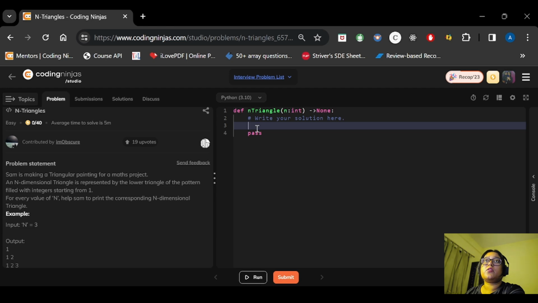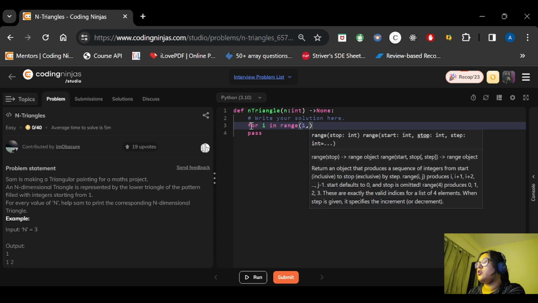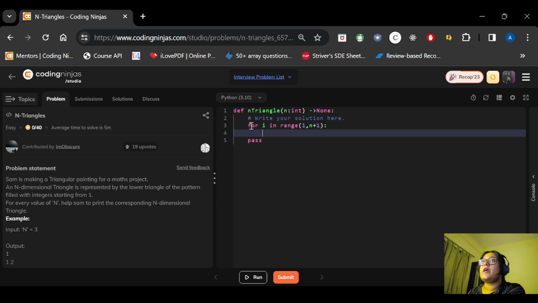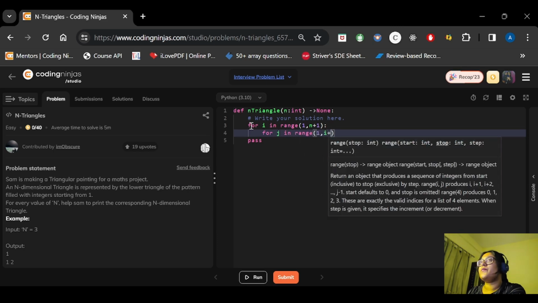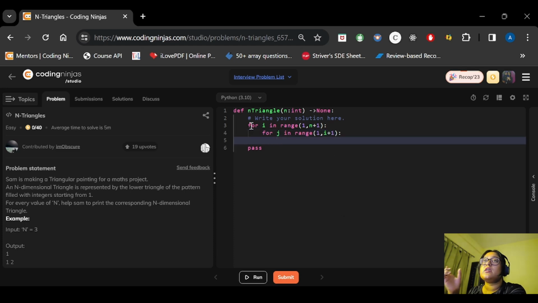So now let's see the code, okay? Now in this function, n is already taken as input in the form of a parameter. So what we have to do is just print our pattern. As discussed in the approach, we will start the iteration from 1 to n plus 1 for the rows, right? And for the jth loop, or the inner loop, we will start from 1 and go till i only, right? So we will start from 1 and go till i. For that I will keep i plus 1, because range will take up to n minus 1, right?